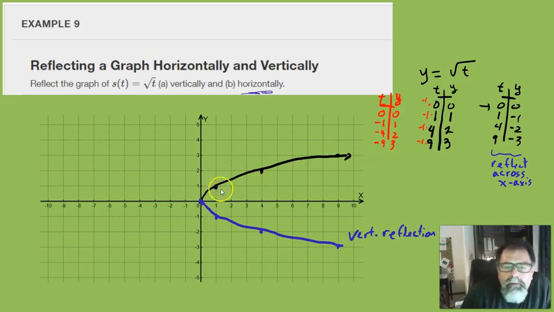And then if you want to do it visually, if I reflect it through the y-axis, if we're here at 1, we go 1 in the opposite direction. This is at 4, we're going to go to -4. This is at 9, we're going to -9. Right? Or you can plot these points: 0, 0, -1, 1, -4, 2, -9, 3, and then you get